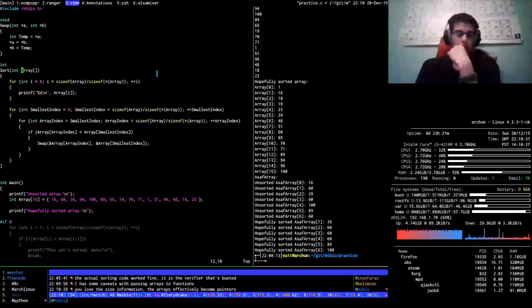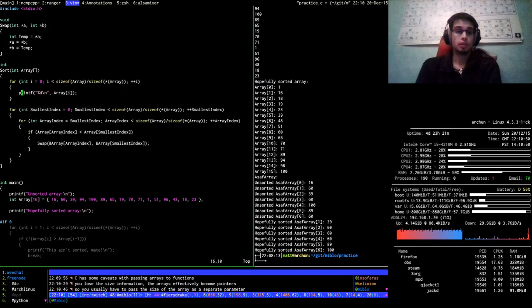So you need to effectively become pointers. So are you saying that I can't do this kind of stuff? I can't do the index, I can't iterate by index.